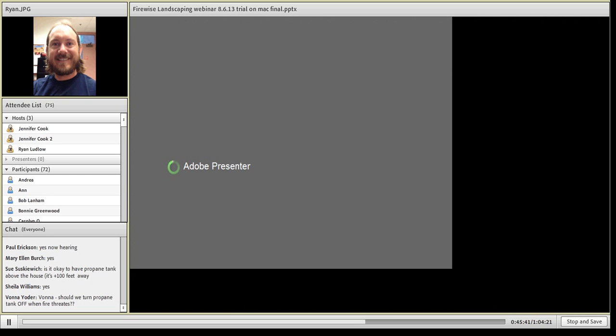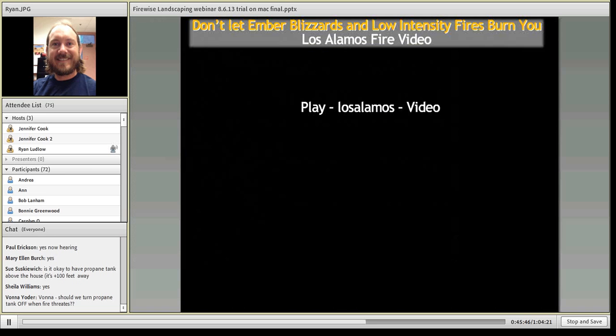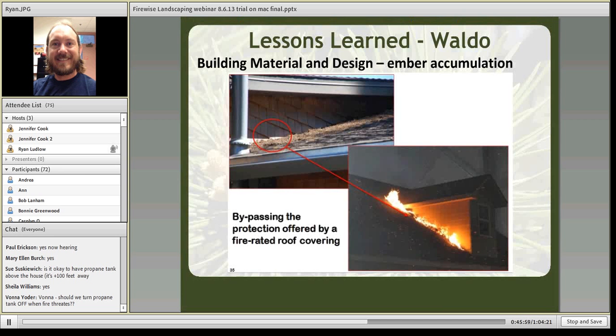As far as turning off, there was a question for propane tanks. Should we turn off the propane tank if a fire is threatening? And yes, you should. Before you evacuate, you would want to turn off the valve to the propane tank, if you have time. So another piece I'm just going to show you here, another lesson learned, building design, is